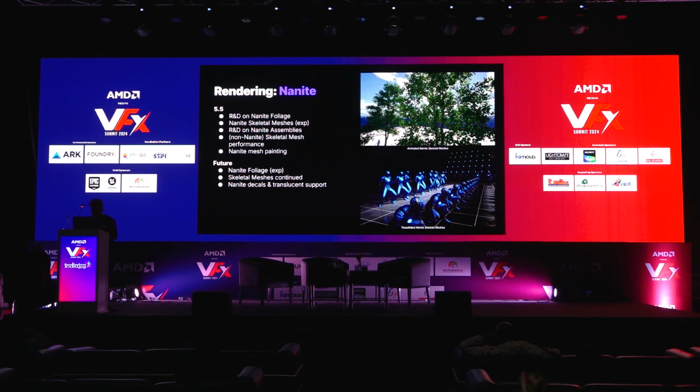With 5.5, Nanite's big focus this year is on foliage. We are working on making trees and plants look great at a distance with complex details. There is also experimental support for Nanite skeletal meshes. What that means is your animated geometries, animated caches will be driven through Nanite. In the future, we expect to work on foliage, better performance, and the seamless integration with the lighting and